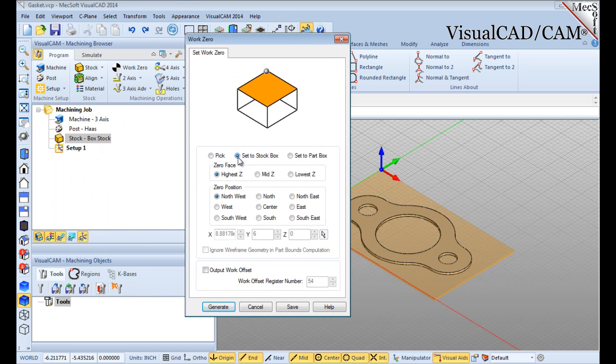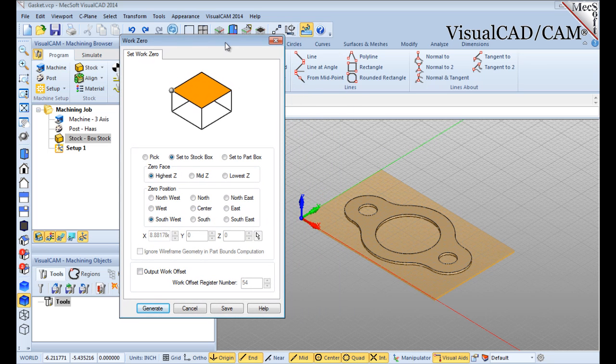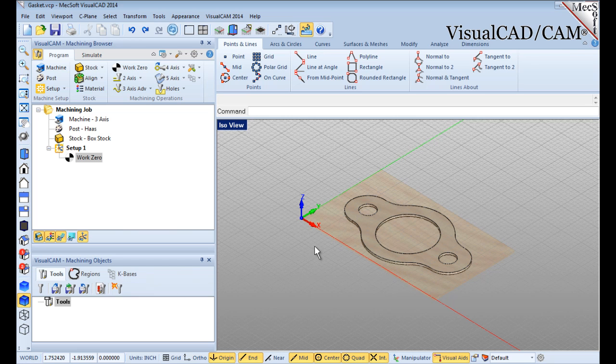Select Set to Stock Box. Then set 0 face to highest Z and 0 position to southwest corner. This sets the machining home to the top of the stock material in the southwest corner of the stock geometry. Pick Generate and notice that the MCS is translated and that the Work 0 now appears under Setup 1 in